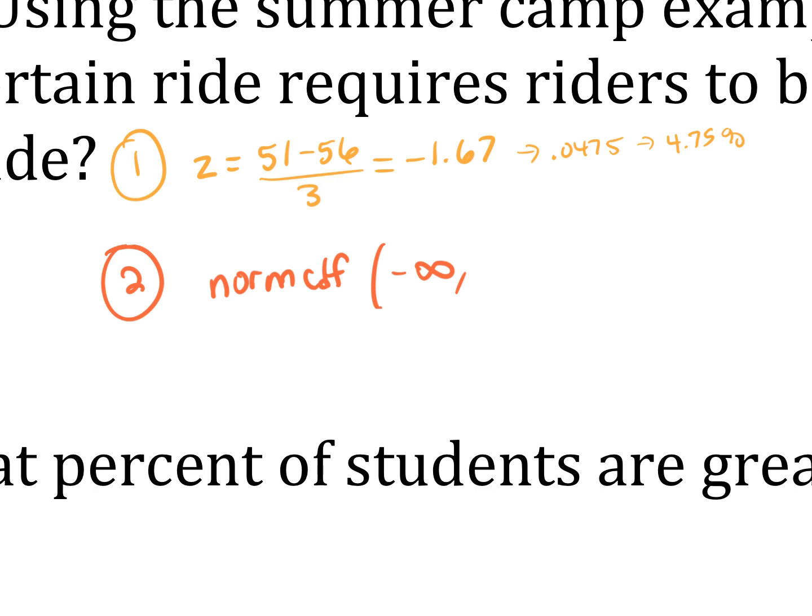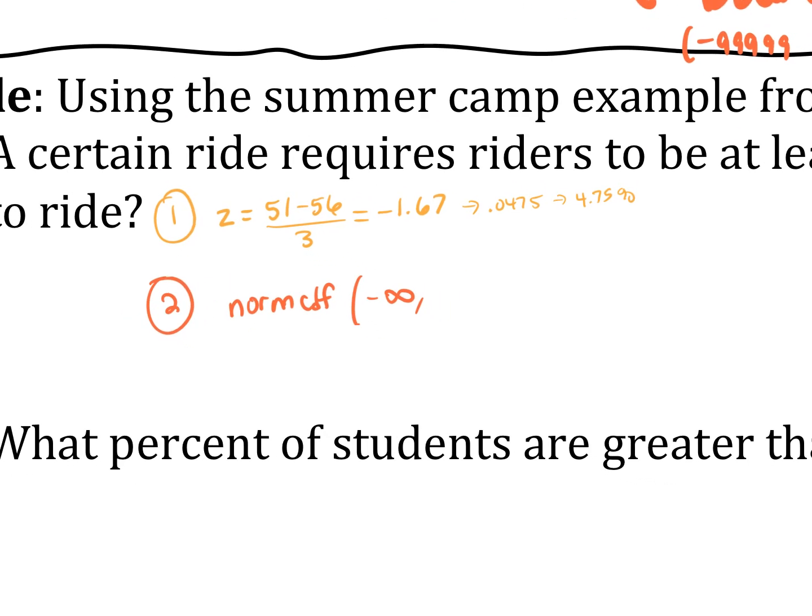So negative infinity is our lower bound, our upper bound is that 51, our mean is 56, and our standard deviation is 3. So if you plug in that information, that gives me